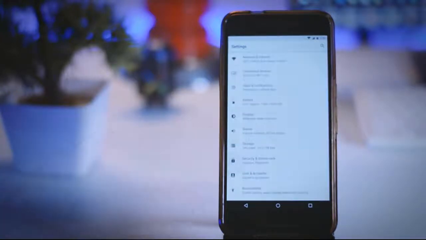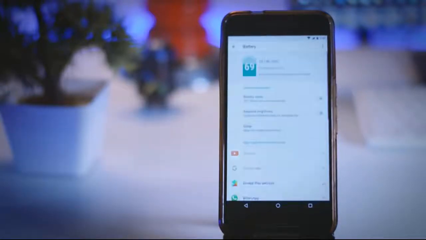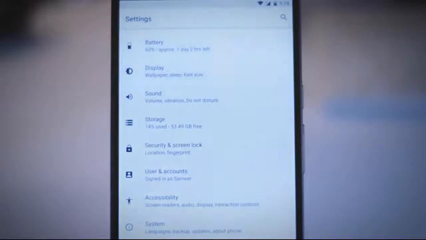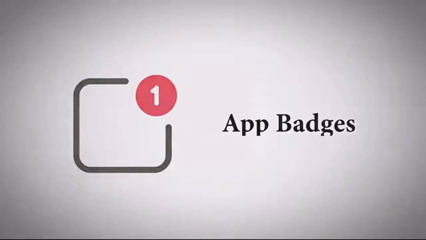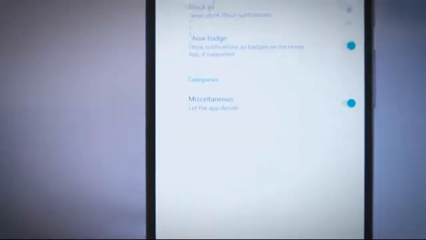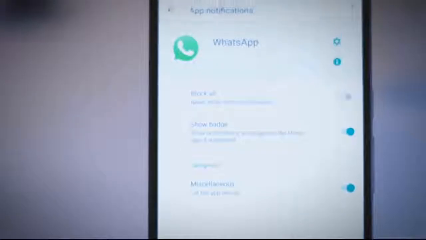Further, if we go inside the settings menu, some of the categories have also received design refreshes, including battery. The overall color scheme has a black and white approach with blue accents, and personally, I like this redesigned settings menu. Second, app badges. Finally, Android O brings support for app badges, and maybe some of the viewers don't